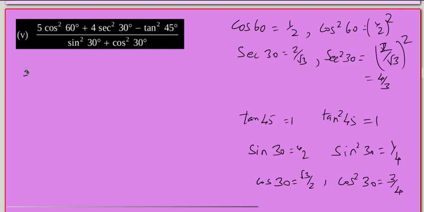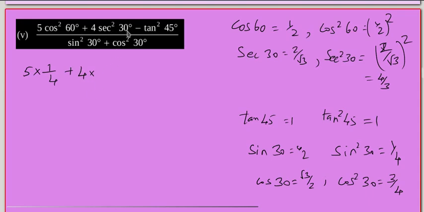So 5 into cos square 60. Cos square 60 is 1 by 2 the whole square, so we'll get 1 by 4. Plus 4 into secant square 30. Like this, if we list out, directly we can substitute. We can do this in the main column also. As I don't have place, I am doing it on the right side. After listing all these under the problem, we can substitute the values. It is not necessary, but for this also we have marks, so everything should be written in the main column itself.